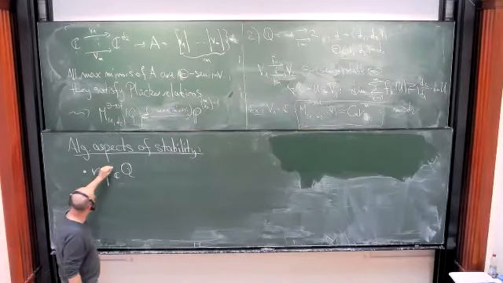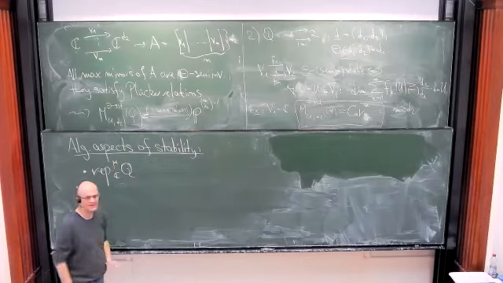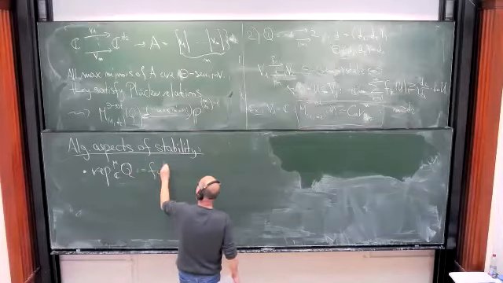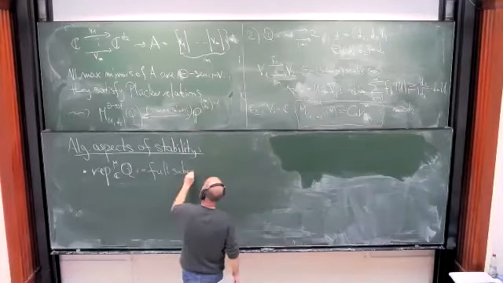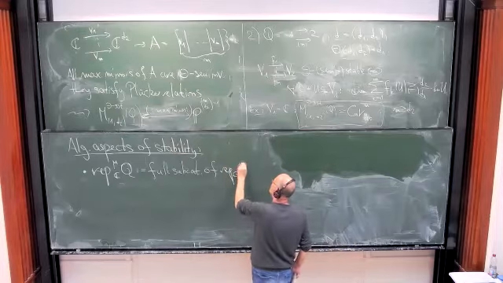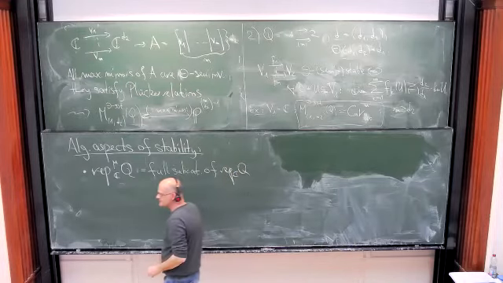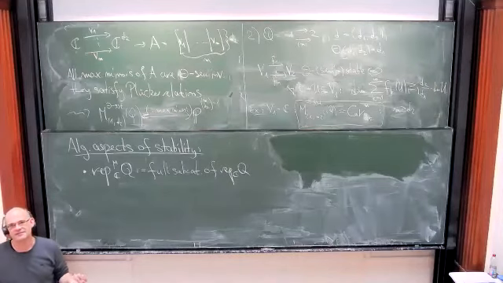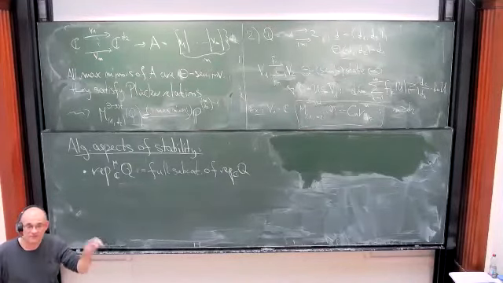And now let me put a new notation here. I define this as the full subcategory of the category of all quiver representations, of the objects which are semi-stable representations of a fixed slope